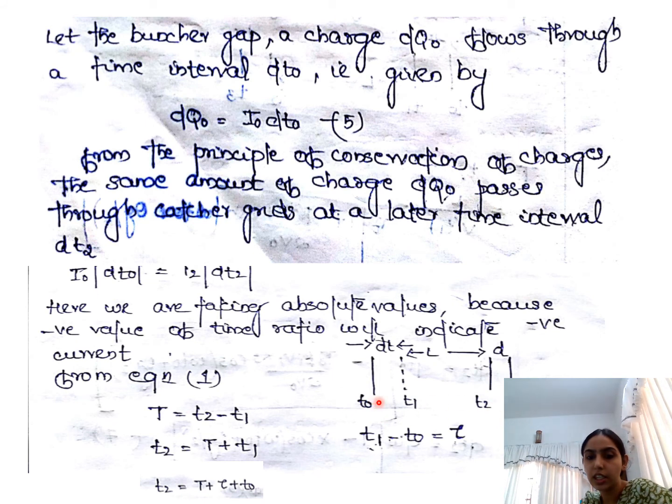Now again, when you are considering the entering time and the exit time of the electrons in the two cavities, I can write the expression for capital T, that is the transit time between the two cavities, T2 minus T1, and tau is the drift time inside the Buncher cavity, T1 minus T0. So I am going to rewrite the expression for time period T2 in terms of this tau and capital T. So I can write T2 is equal to capital T plus tau plus T0.